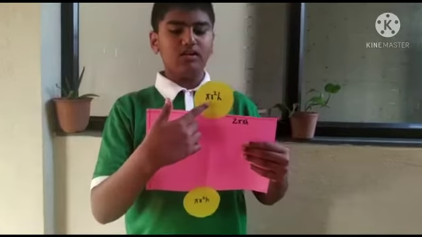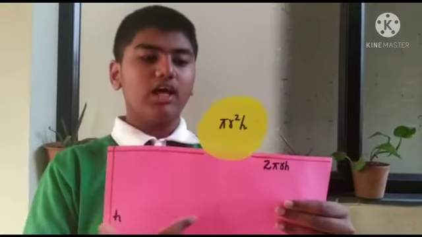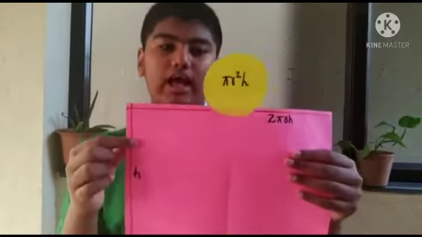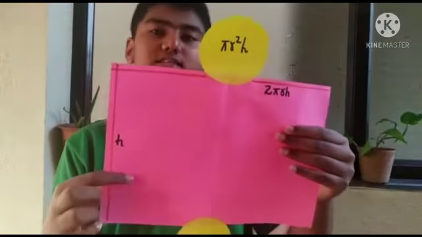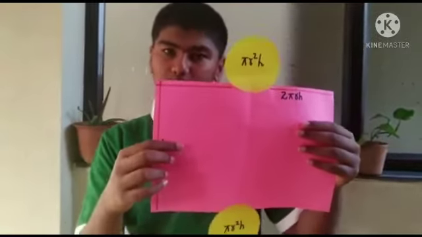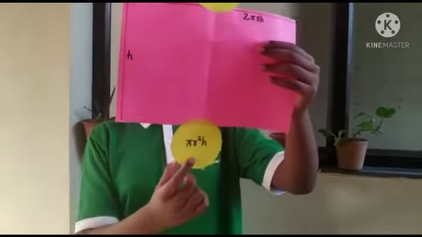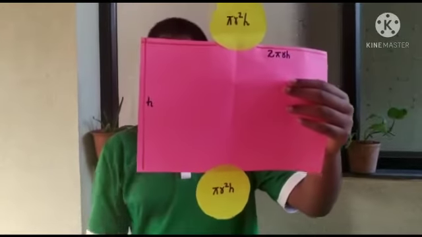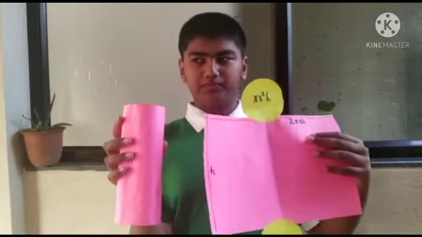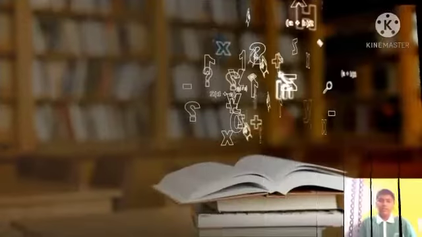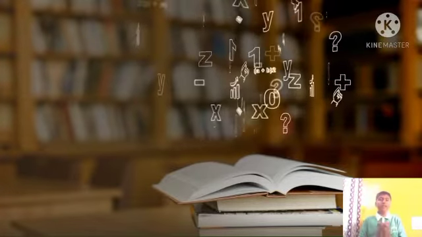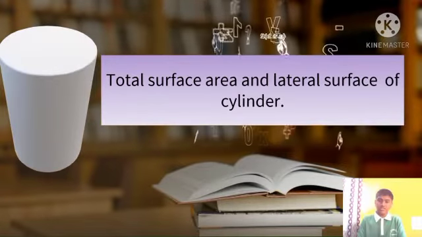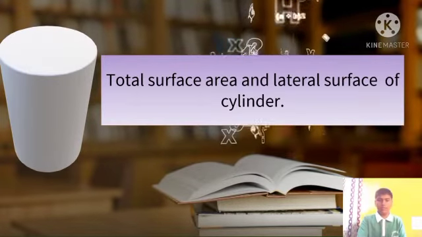The area of the circle is pi r square, and the area of the rectangle will be length into breadth, but here the length and breadth will be different dimensions. We'll understand them while looking at the formulas. Here again, the bottom circle area will be pi r square only. So now let's see the total surface area and lateral surface area formulas. As we learned about the structure of the cylinder in detail, now let's understand the total surface area and lateral surface area of the cylinder.